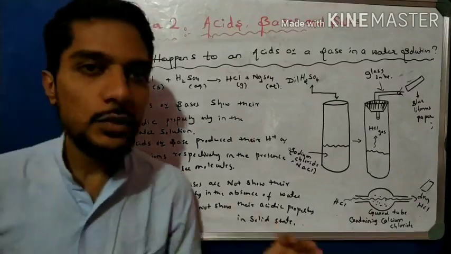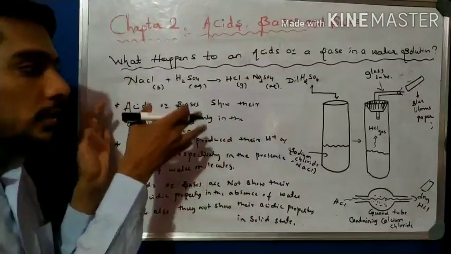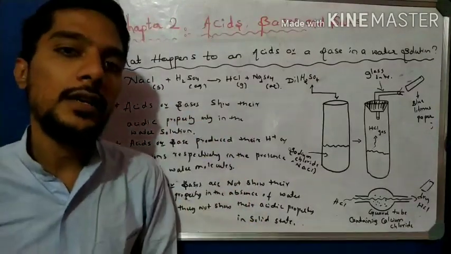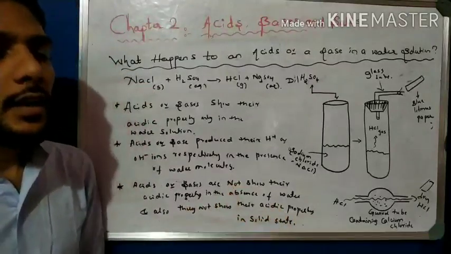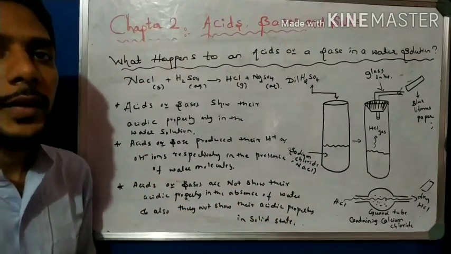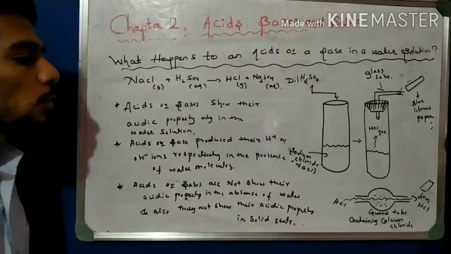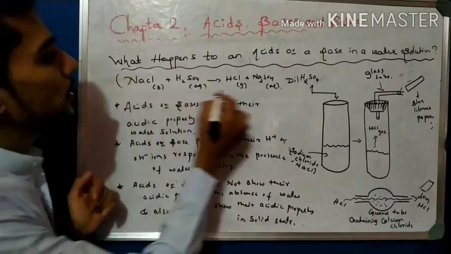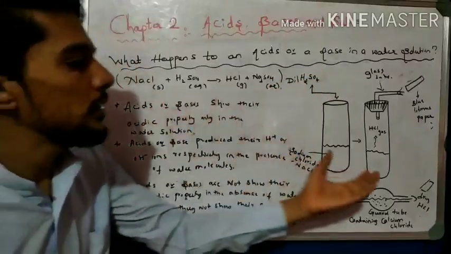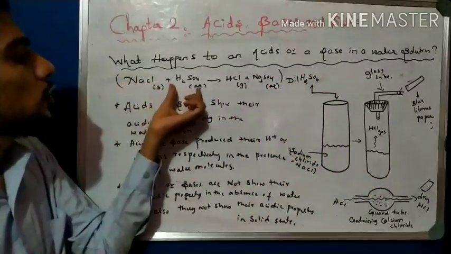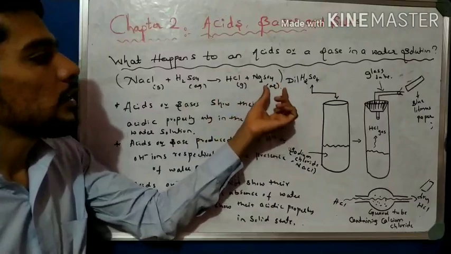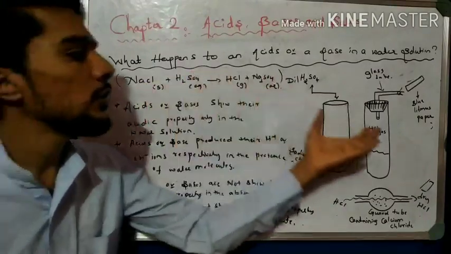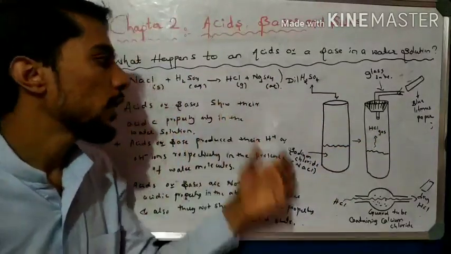Okay. In the exercise questions, some questions are there on this concept, so please go and solve those questions. I hope you clearly understand that concept, right? So write down all these points in your notebook and recall them again. And there is also an equation involved in this reaction. NaCl gives HCl gas separated, and the salt is Na2SO4, that is the reaction of this experiment, right? So write this down.